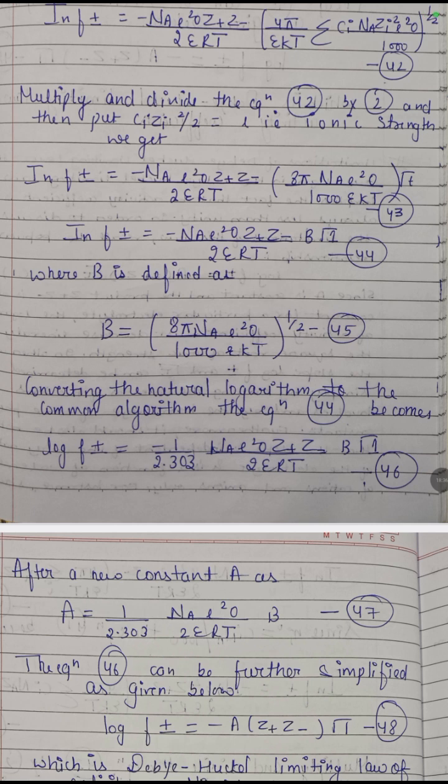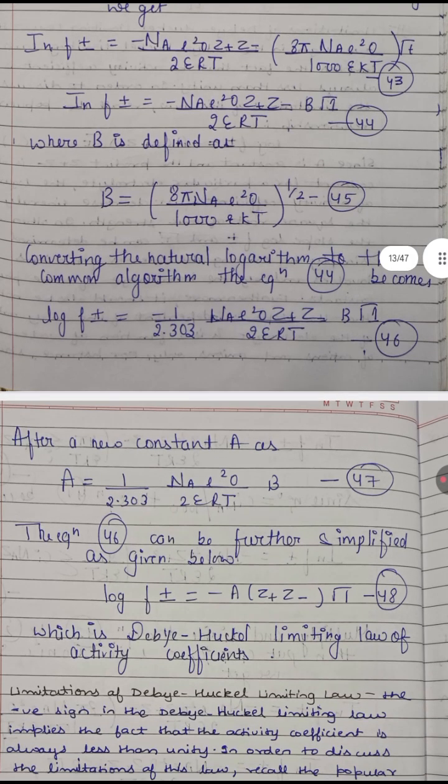Multiply and divide equation 42 by 2 and then put summation ci into zi square divided by 2 equals I, that is ionic strength. We get ln f plus minus equals minus Na into e naught square into z plus into z negative divided by 2 into epsilon into R into T bracket start 8 pi into Na into e naught square divided by 1000 into epsilon into k into T bracket close under root I, which is equation 43. Next, ln f plus minus equals minus Na into e naught square into z plus into z negative into B under root